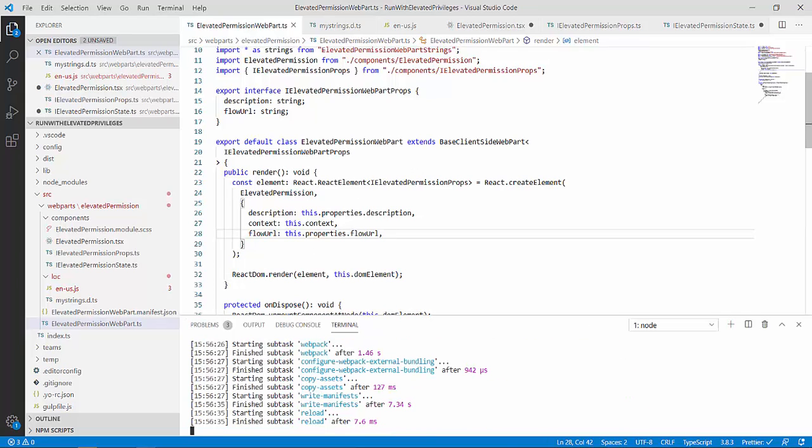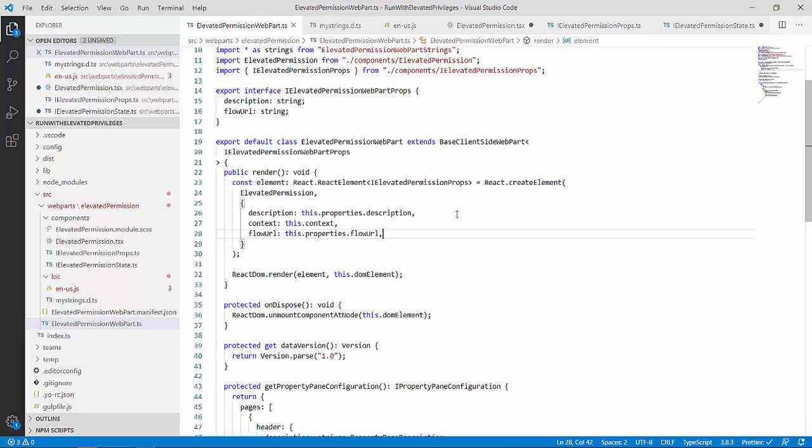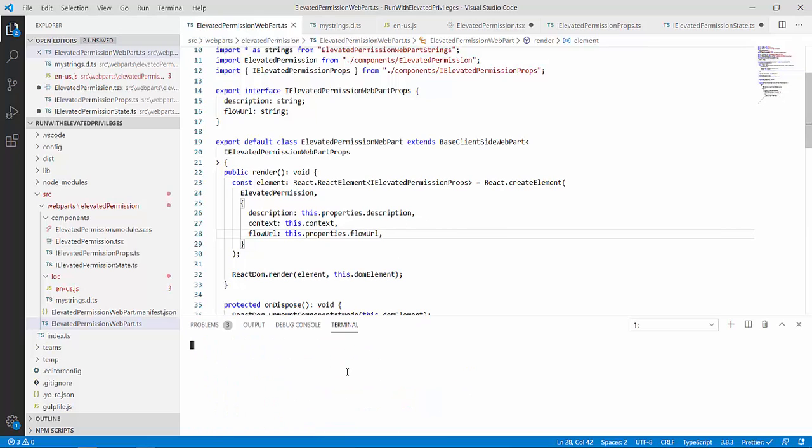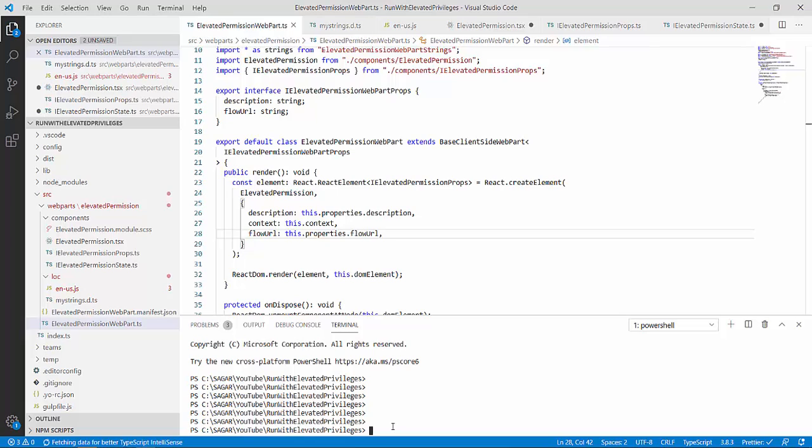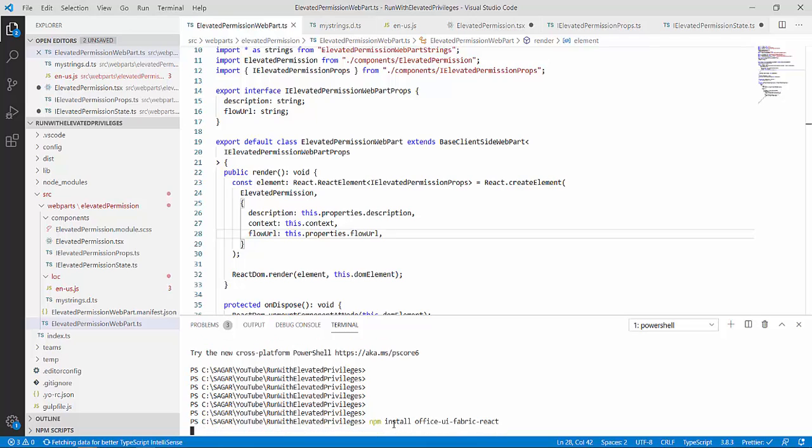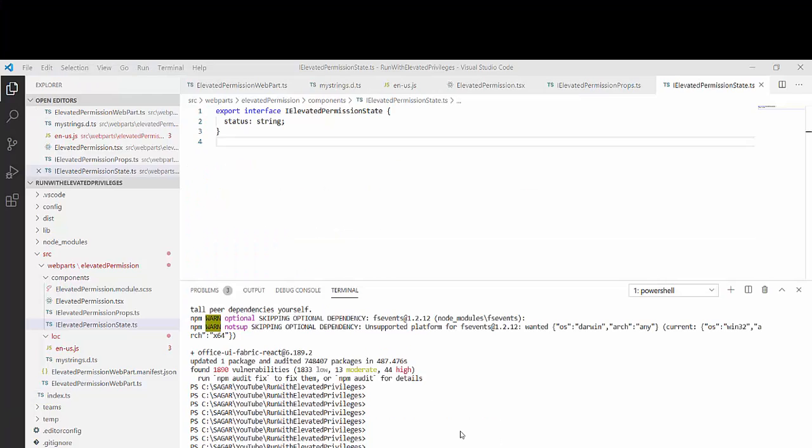My terminal is already running, so I will kill this process and start it again. To install Office UI Fabric I will use this command: npm install office-ui-fabric-react. The installation is in progress. Our Office UI Fabric React installation is complete.